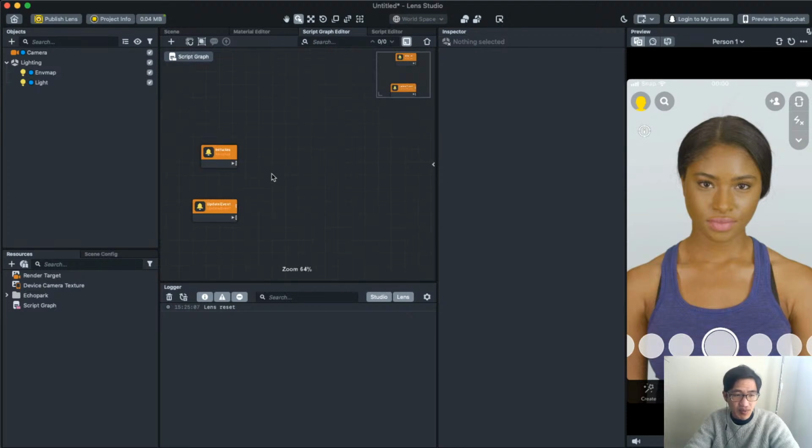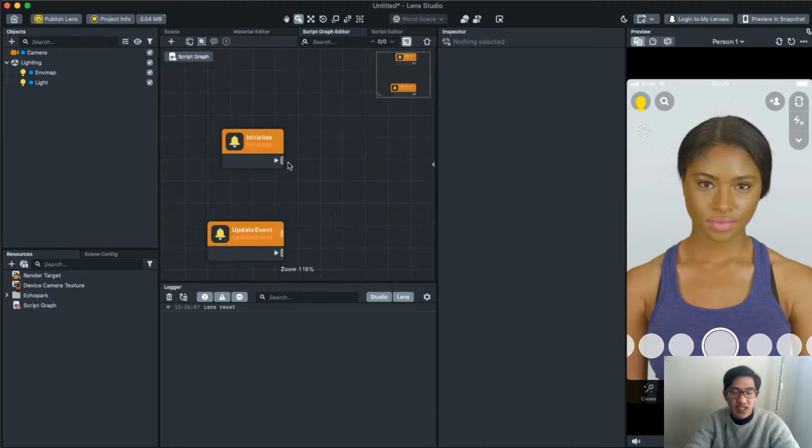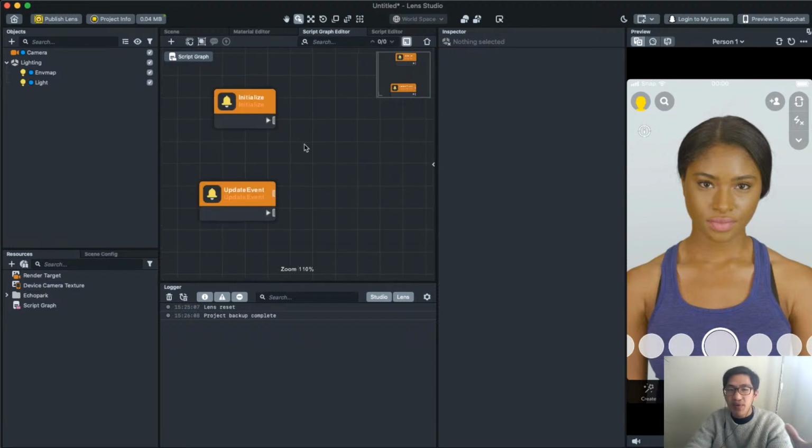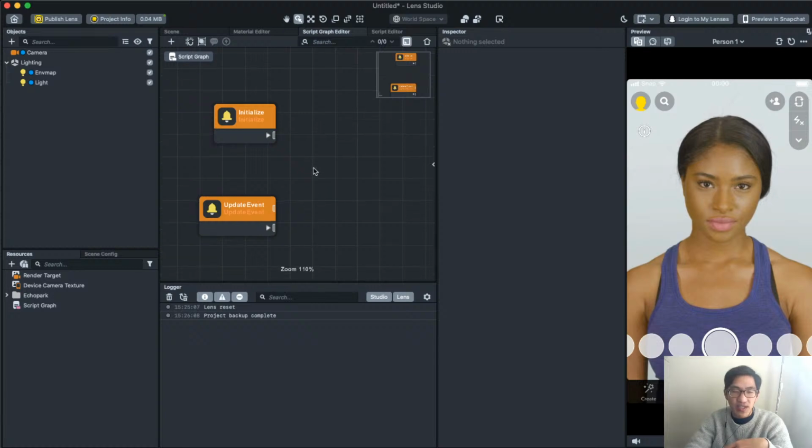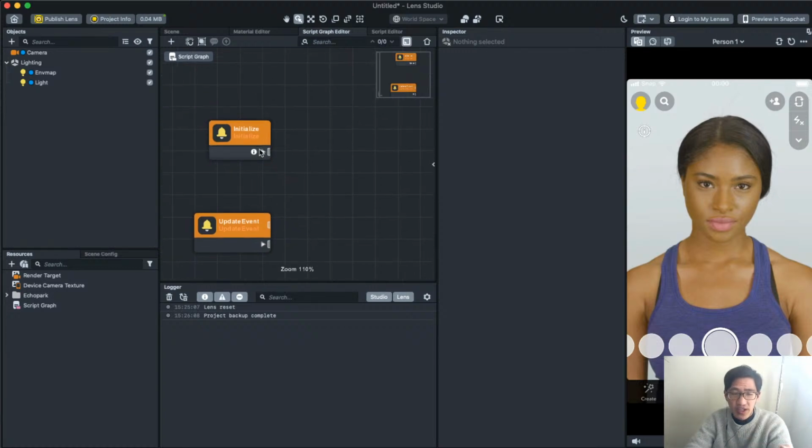So we have the script graph, and we have this initialize and update event. So this is again the beginning of all our script. This is what kicks off our script. When the lens initializes, when the lens first starts, do this, or every frame in the lens do this in update event. And so what we're going to do is in the initialize event, we can click on this square